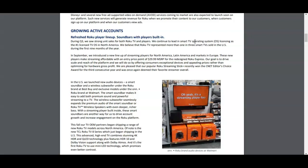So it says we continue to lead the smart TV OS licensing as the number one licensed TV operating system in America. So that's just excellent. So not only do they have the standalone player, but they have the players built into the television. And guys, this thing is really strongly positioned to do well long term, because, for instance, you've got